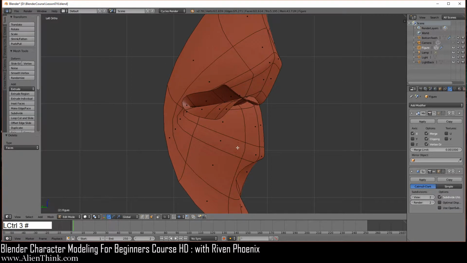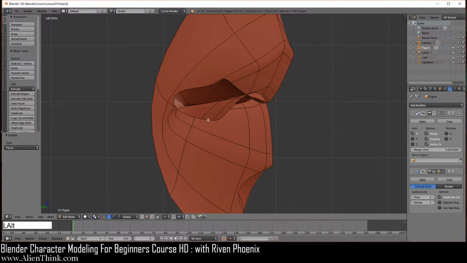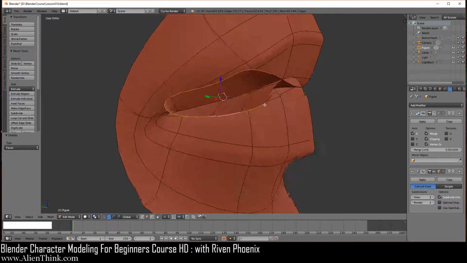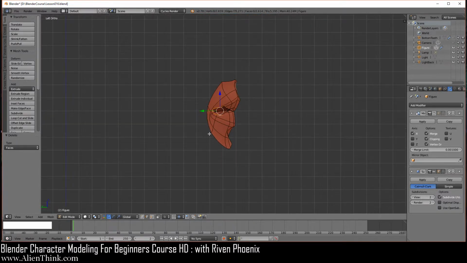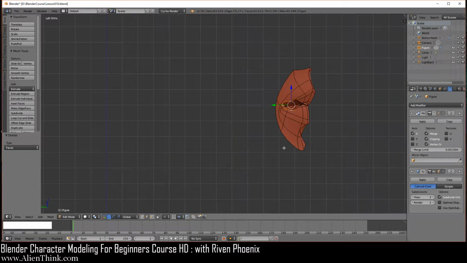I'm going to do Control 3 again over here. So we're going to click on the edge select mode and press the Alt key down and just click on this edge. See, I've just selected this inside of the lips edge. Okay, Control 3. We're going to zoom out, Shift middle mouse button over here. So you want to make sure that you simply zoom out.